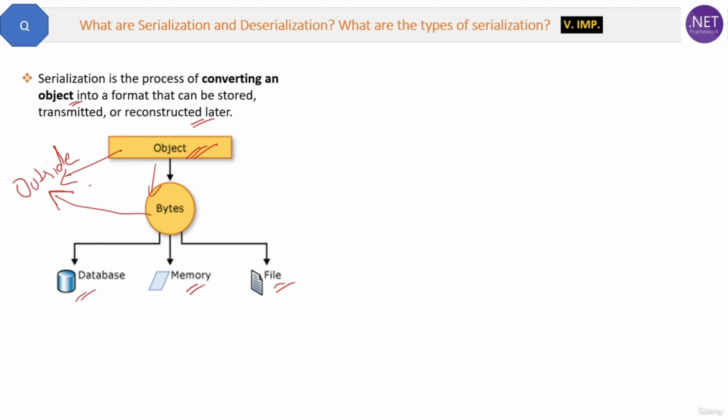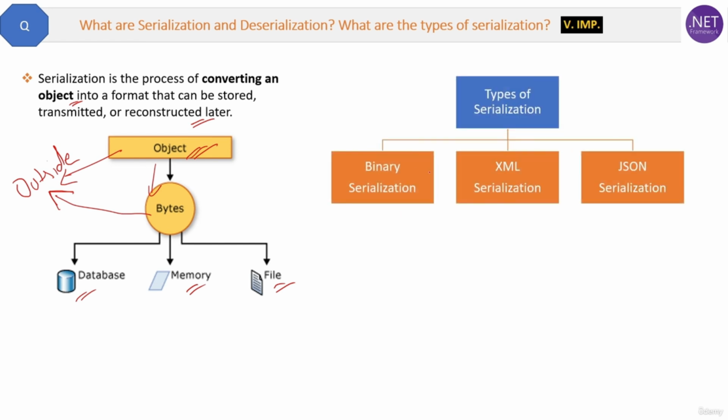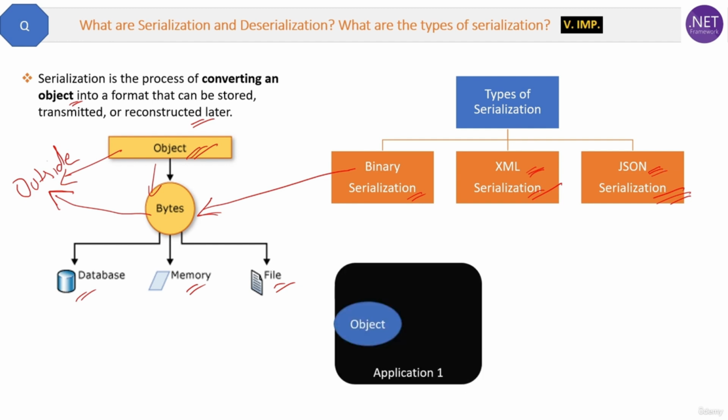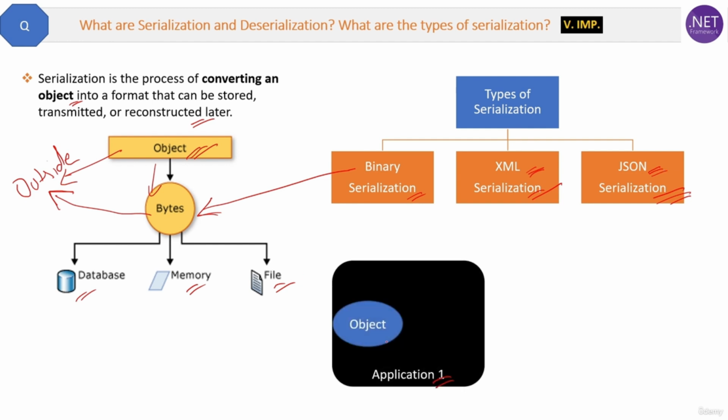Now we have mostly three types of serialization: binary serialization, XML serialization, and JSON serialization. Binary means converting an object to bytes. XML serialization means converting an object to XML. And nowadays the most used is JSON serialization, which means that application 1 converts an object to JSON format with